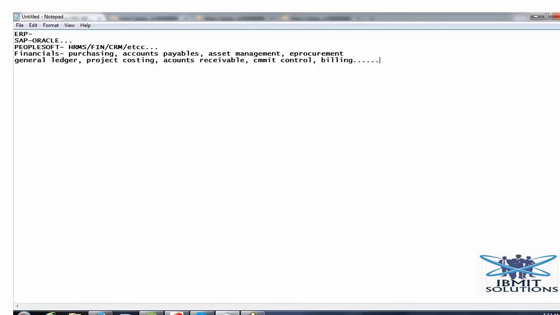So there are n number of modules in PeopleSoft Financials. Based on the requirement, we install those particular modules, work on them, and make the changes accordingly. In our class, what I would be discussing is